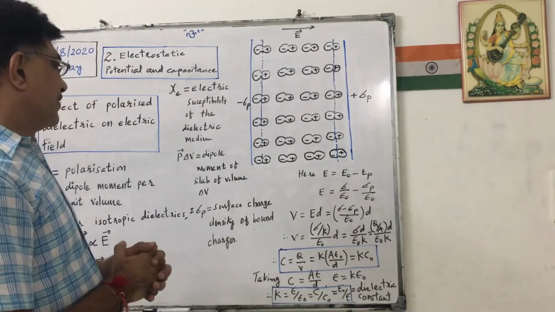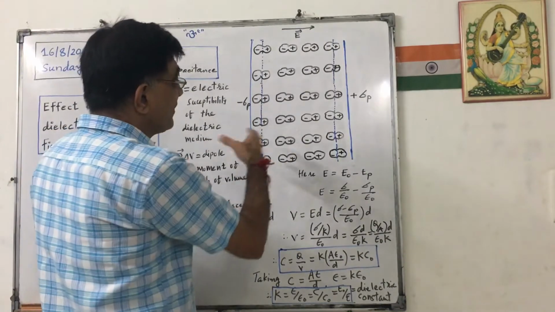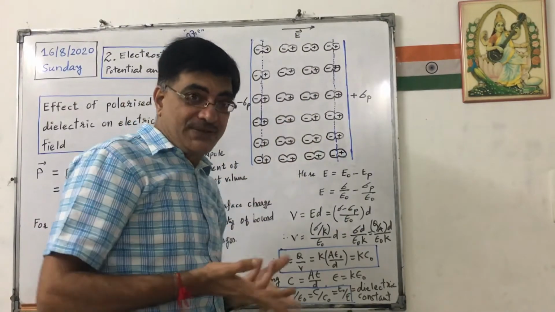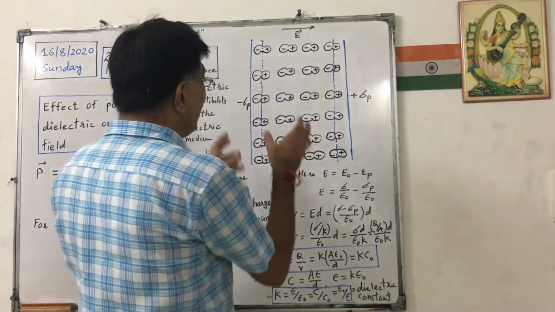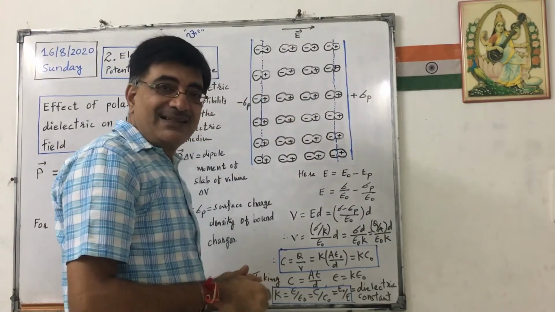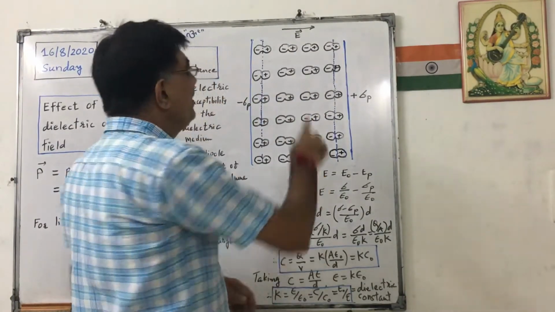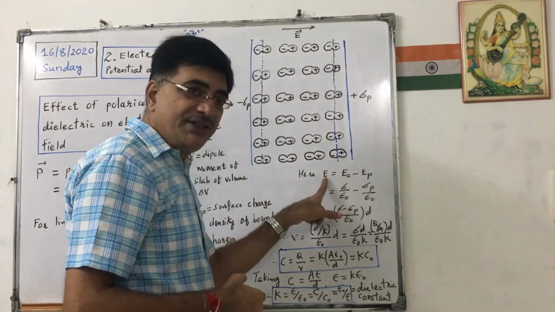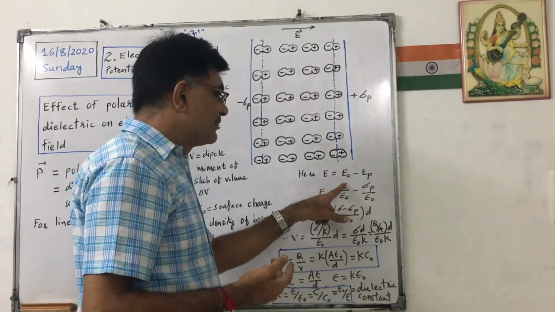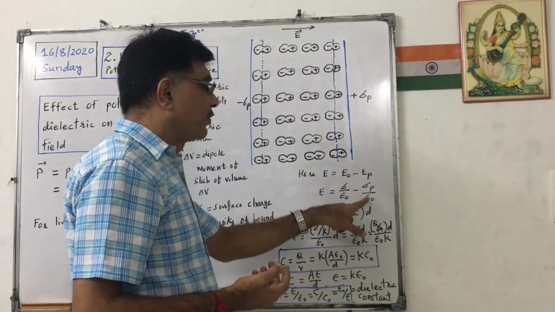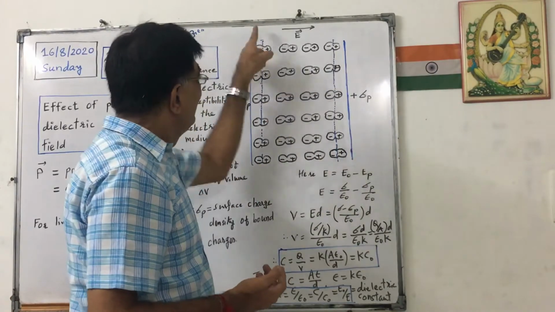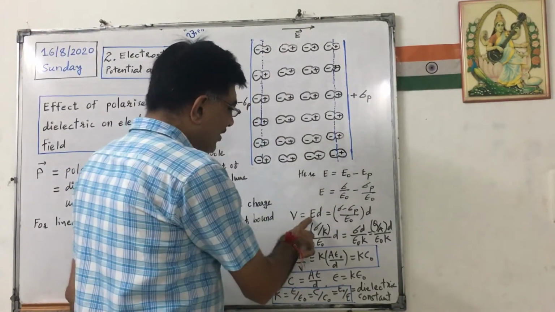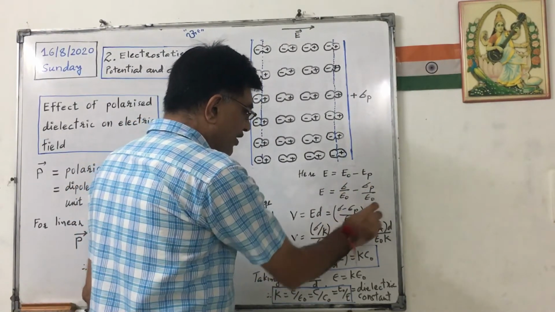Now what will happen? The external field, in absence of this dielectric medium, was suppose E0, the actual external field applied by us, and the electric field produced by the dielectric is opposite, suppose it is EP. Then E is the net electric field, that is the subtraction E0 minus EP. Writing magnitudes, we know that E0 was sigma upon epsilon naught, and EP is sigma P upon epsilon naught, because this electric field is due to this charge. Now we know that V equals E into D. So E is sigma minus sigma P upon epsilon naught, into D.